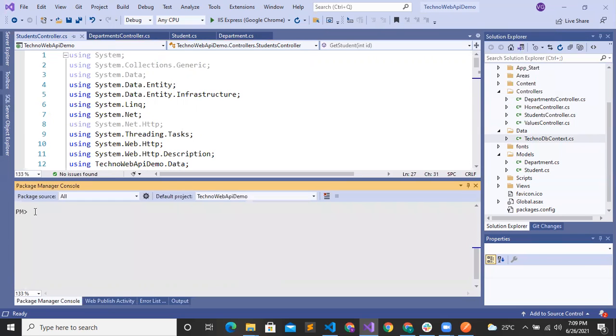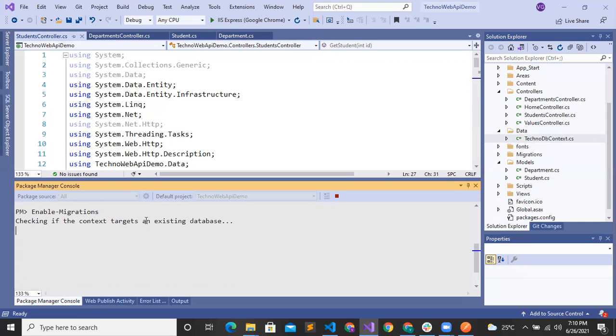Here, first of all, you need to enable migrations. Otherwise, if you are trying to add migrations directly, you will get an error.